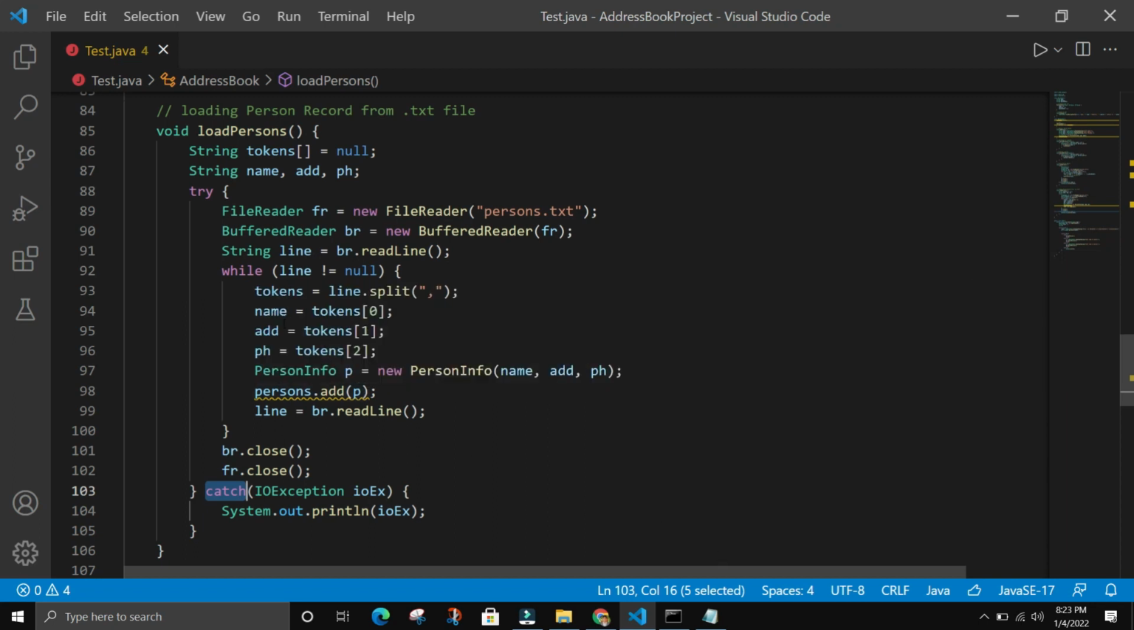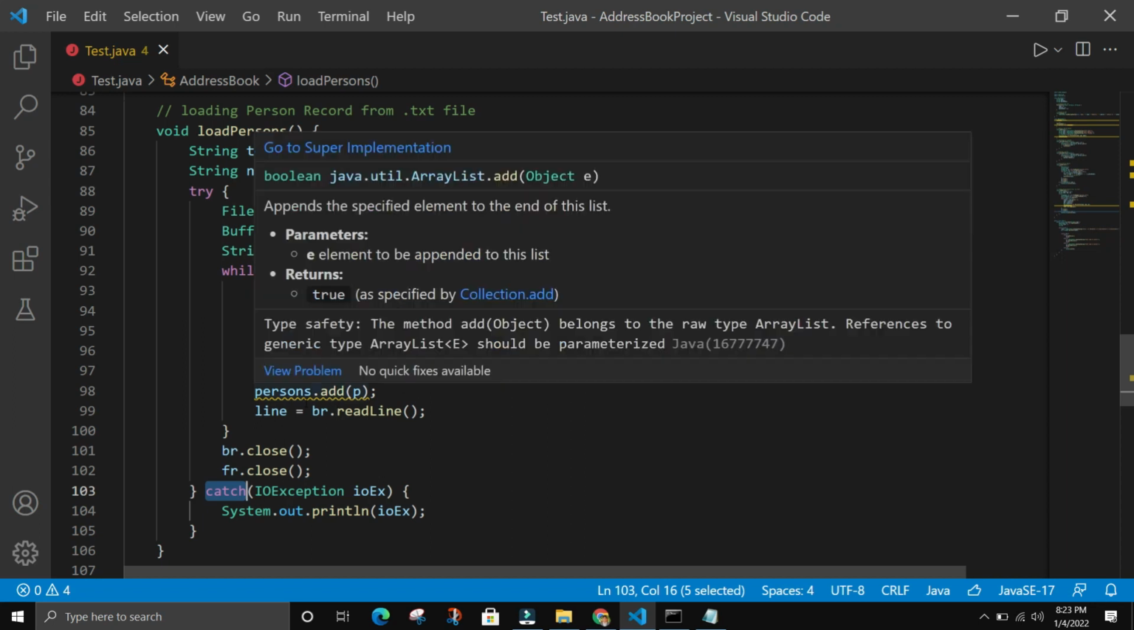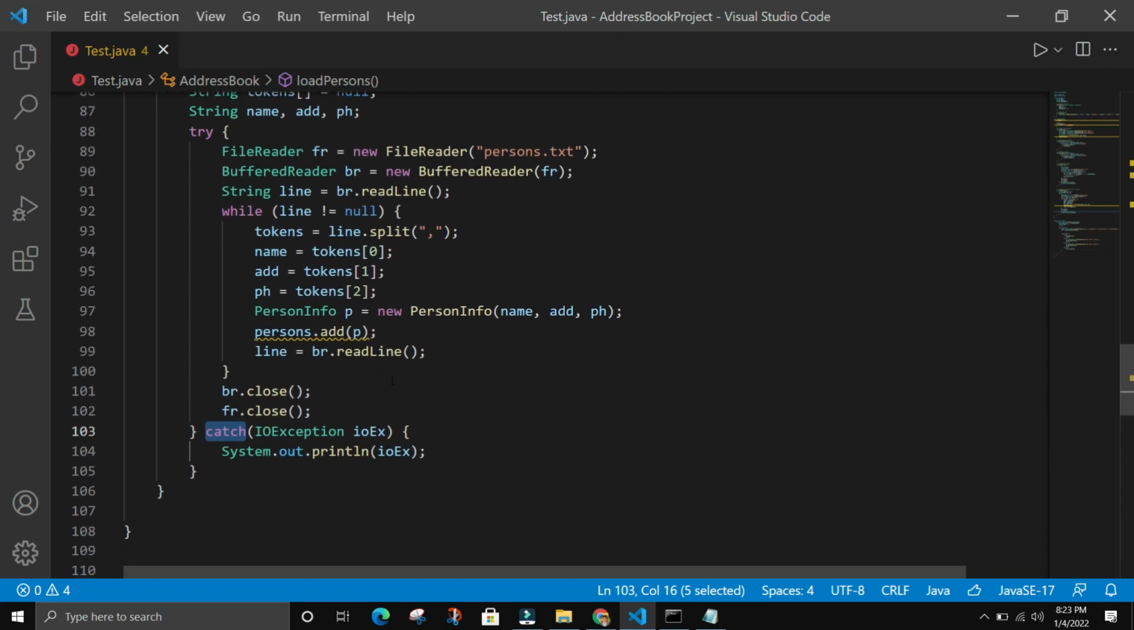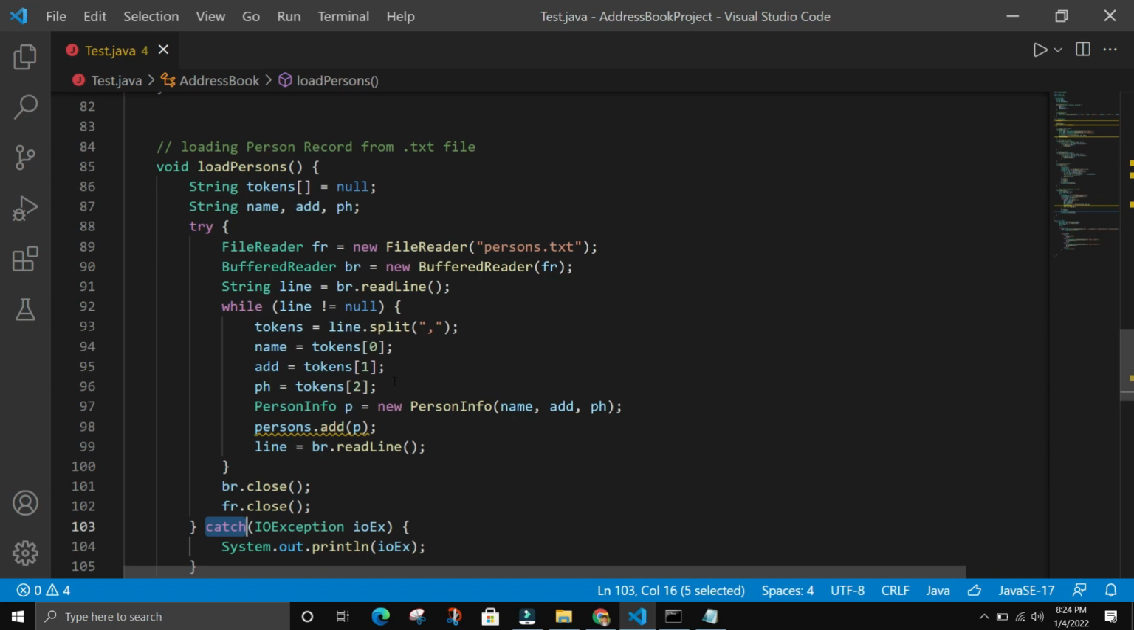Pretty cheeky. And then after that we have PersonInfo p, put them inside the constructor and add that PersonInfo. And then after that we use the next line to just keep on iterating. We have br.close and fr.close at the end. And that's it. So now all we have to do is call these methods inside our